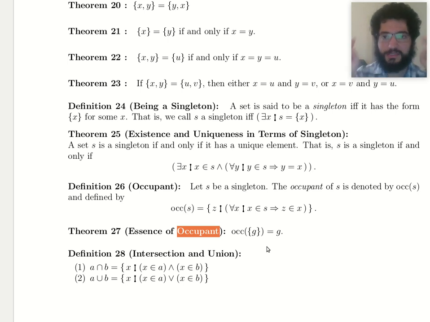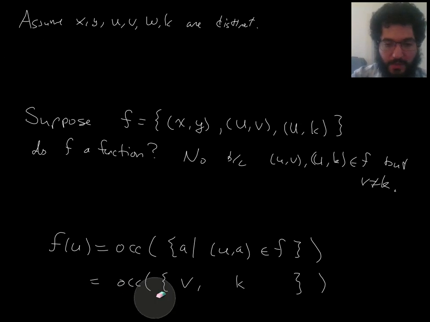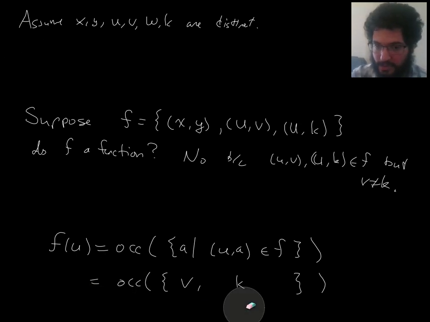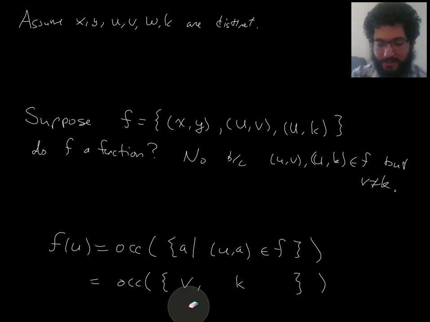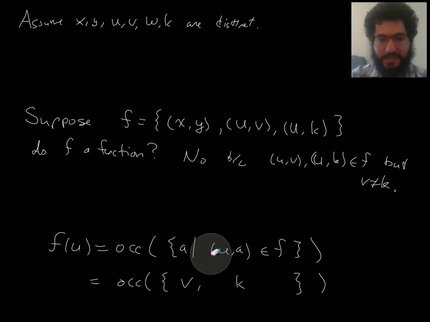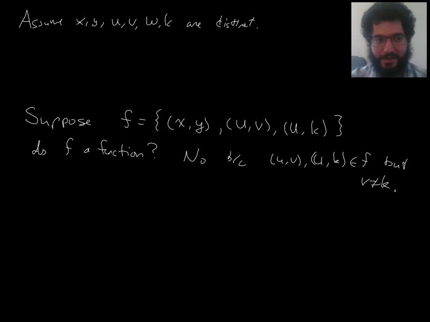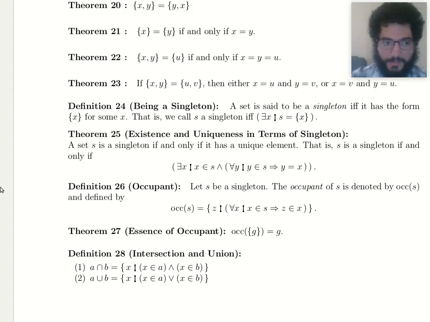So there's no such thing as the one element. So that is the problem. Can you proceed from here and try to make this work out, just following along with the definitions, like trying to use the original definition of occupant? You can, but you're going to get nonsense. And if you want to play with that nonsense, that's fine, but none of the theorems you want are going to work. Namely,